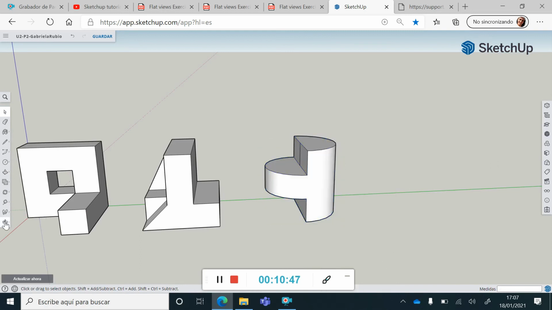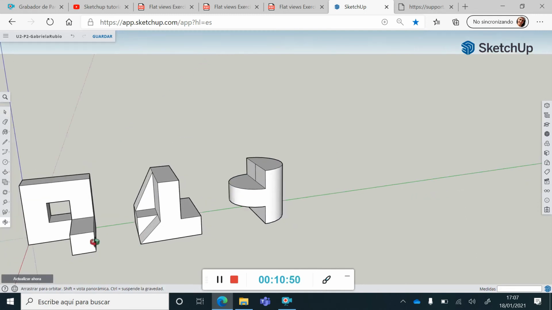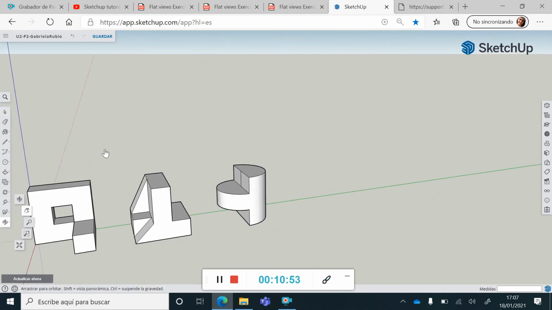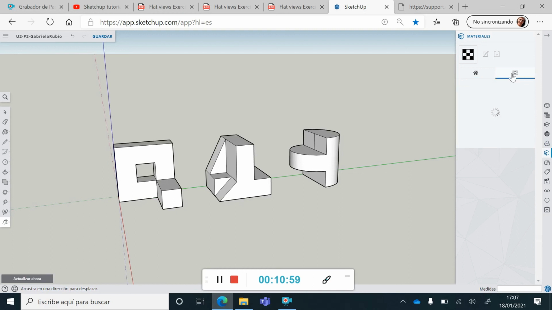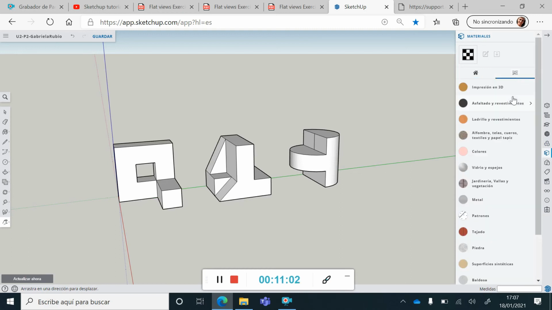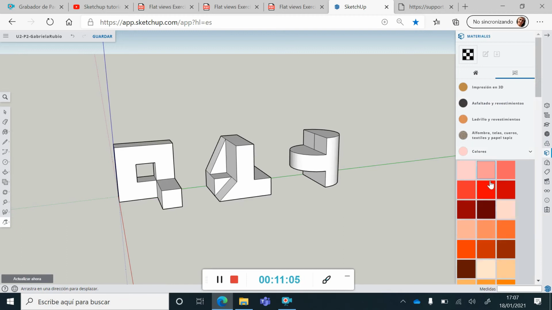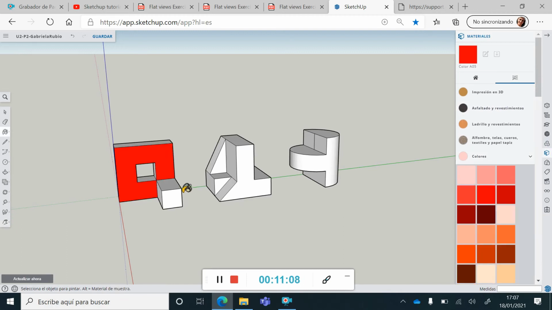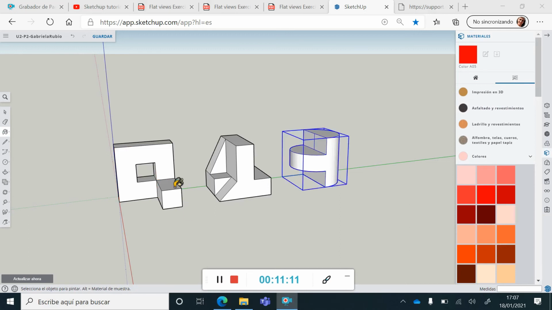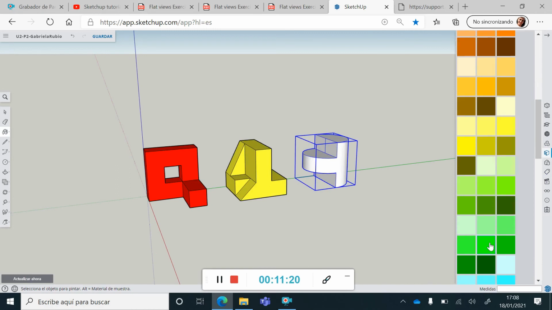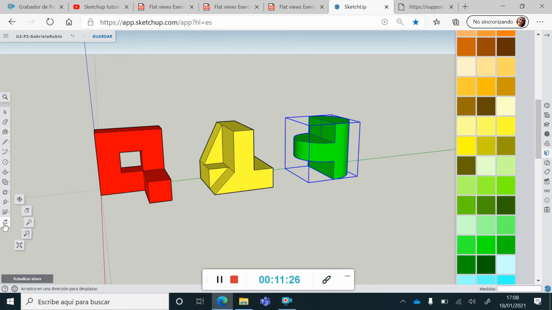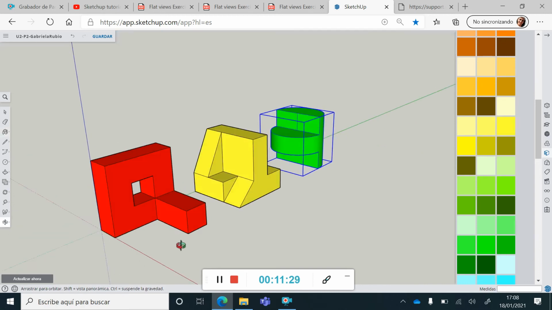Why do I want you to group it? Because I now want you to add materials or color to all of your figures, right? So like we did in the first project, we go to the materials area and to the searching box, and you can choose colors or you can choose materials or whatever you want. And if you have created the groups, as you drag the paint bucket on every object, it will directly paint or color all the sides of the object, right? So your model will be ready,